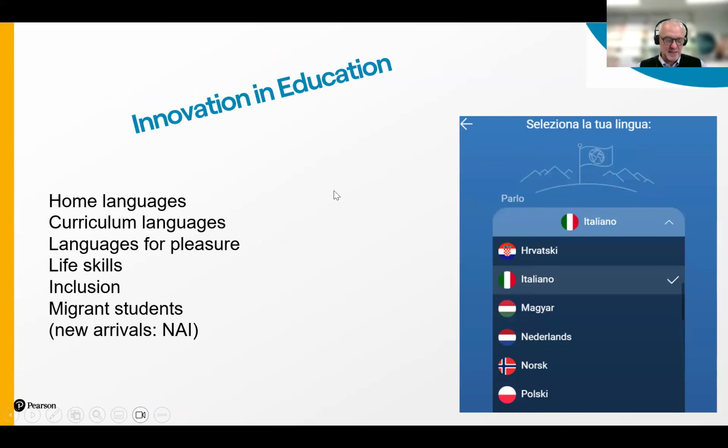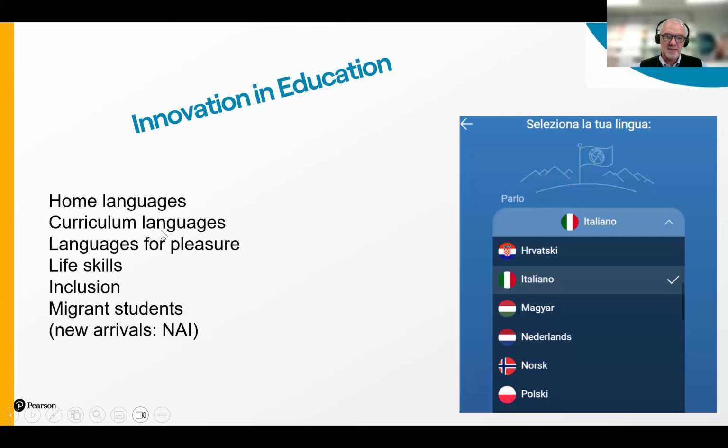So let's take it back to looking more at the kids in terms of what this offers. This is innovation in education. You will all have students who have home languages that are not Italian. As you saw from the little video I showed before, some of your students at home might speak Arabic, Spanish, Romanian, Ukrainian, Russian. So they could just switch to what they speak: io parlo, non parlo italiano, io parlo, hablo español a casa. So they can change it to their home language.